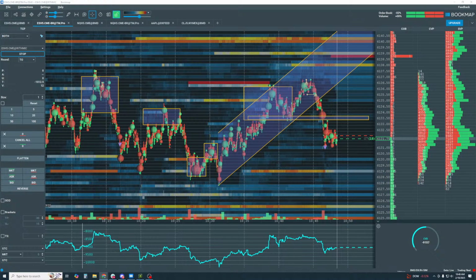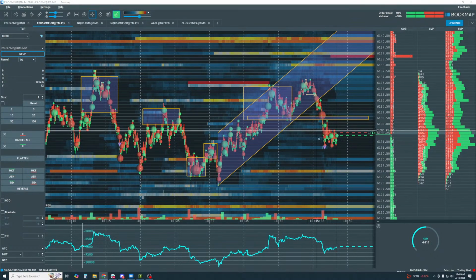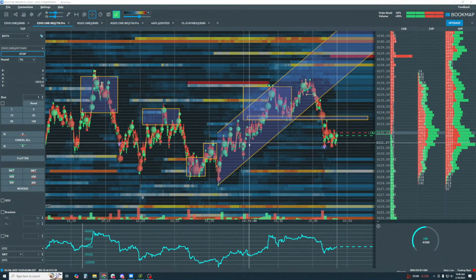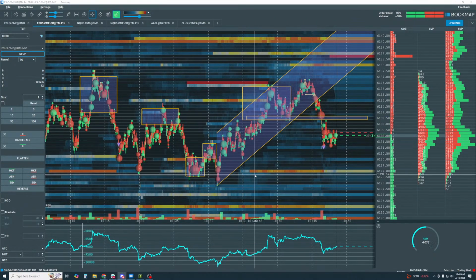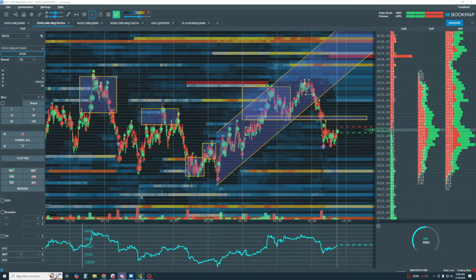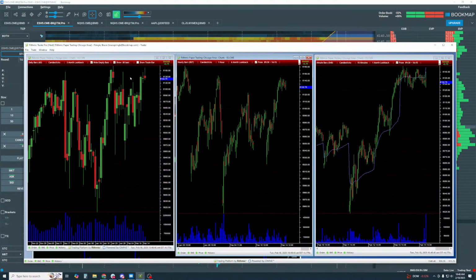All right, guys. Let's take a step back and look at the higher time frame and see what's going on in here. This time I'm going to look at the candlestick chart. Here's the daily over here on the left, and you can see the breakout, looking very poised to test these all-time highs. Now you can see this is a negative day. It's red. So we might see a lot of selling.